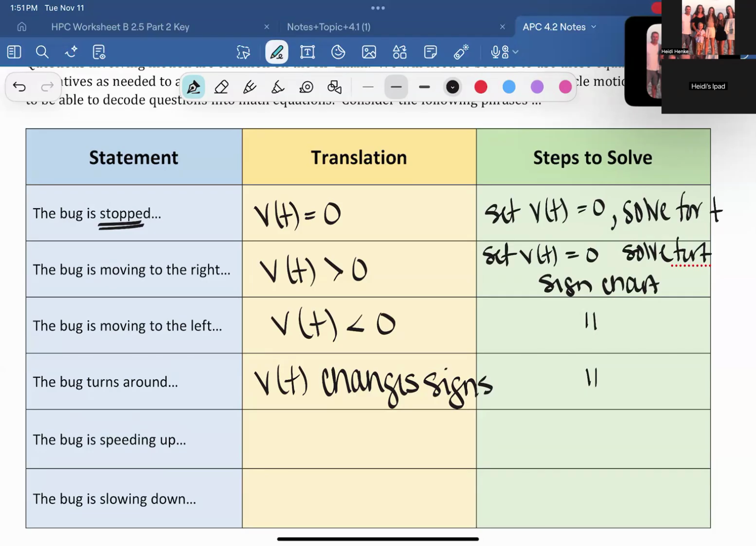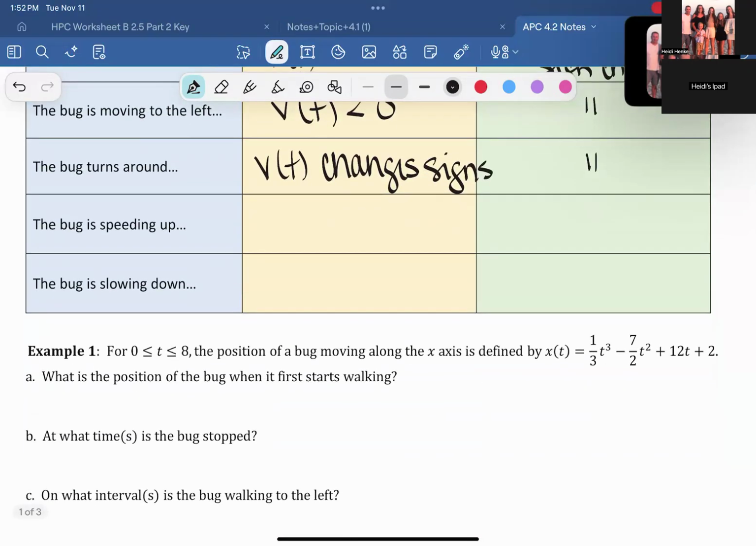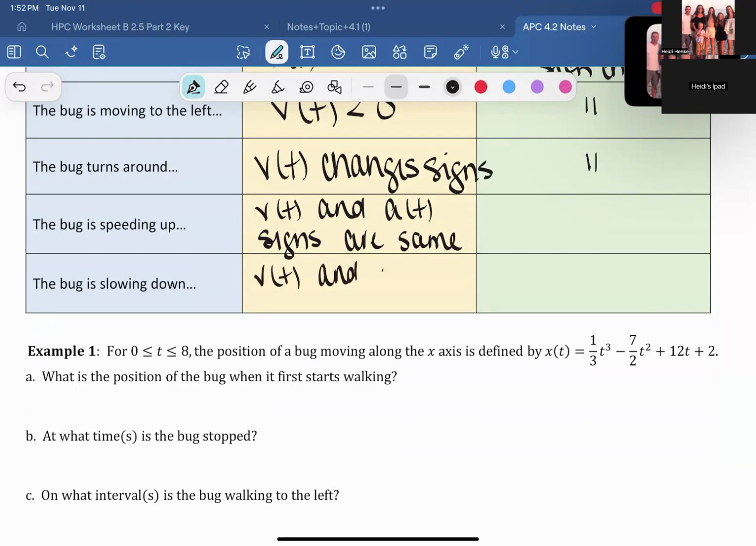Okay. Speeding up and slowing down. This one is not as common sense. For things to be speeding up or slowing down, you have to look at both their velocity and their acceleration. If the velocity at that time and the acceleration at that specific time have the same sign, they're both positive or both negative, then it's speeding up. If you check the velocity and the acceleration and one's positive and one's negative, so their signs are different,